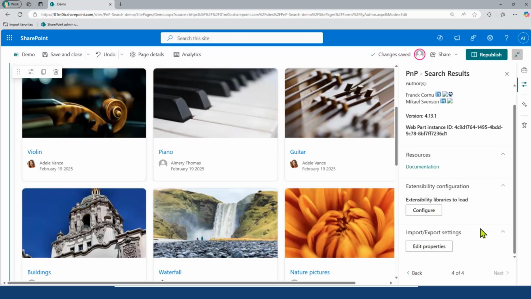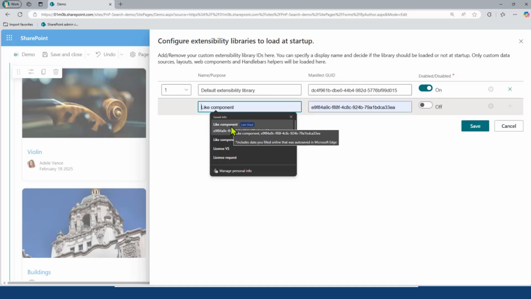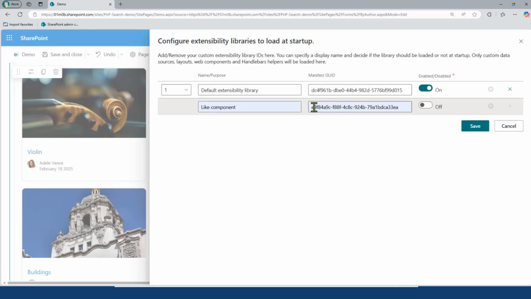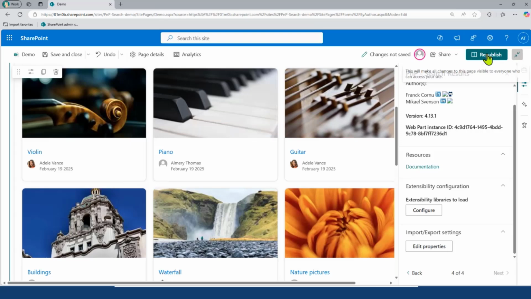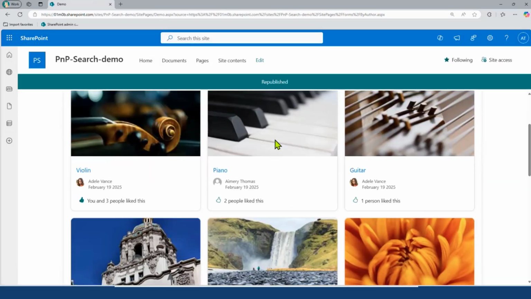I just go to the last page of the property pane, and here I will add the ID, the GUID of my SPFx solution. I will enable it, save, and publish a page, and my component should appear.